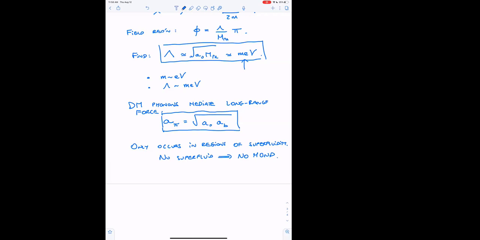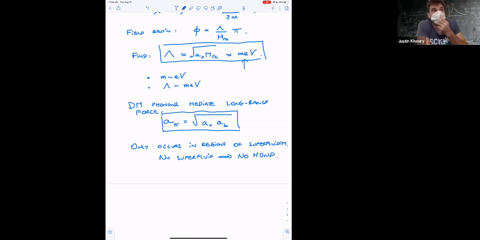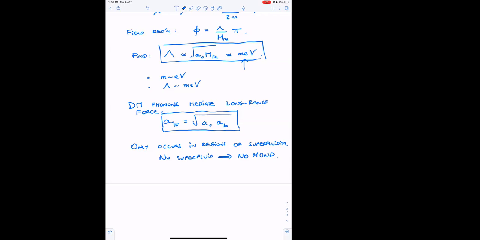Okay, so the field exists everywhere, but the only important contributions of the force are in superfluid regions? Exactly. In regions where there's no superfluidity, it's effectively just like collisionless dark matter particles, and all you're getting is the gravity of that dark matter. But in regions where they do organize in a superfluid state, there is now the possibility of having these long range interactions owing to the coherence of this state. Got it, thank you.